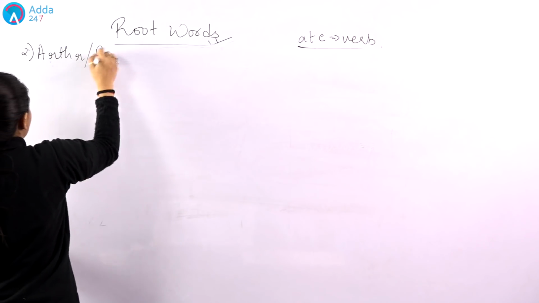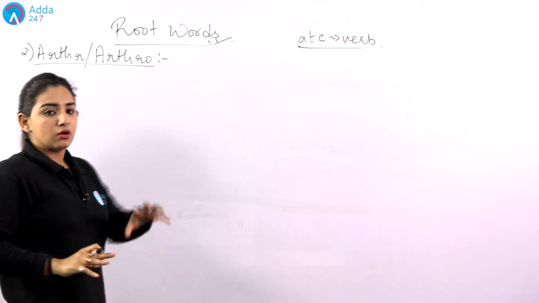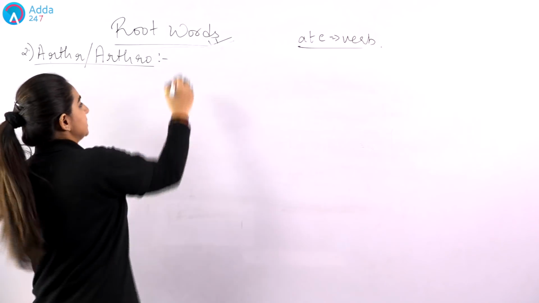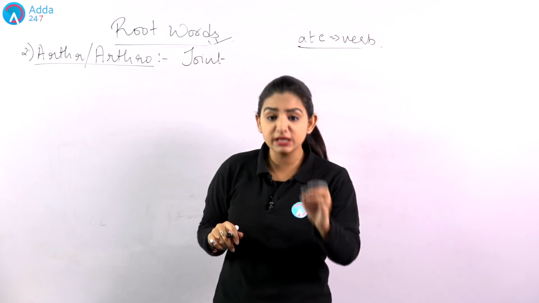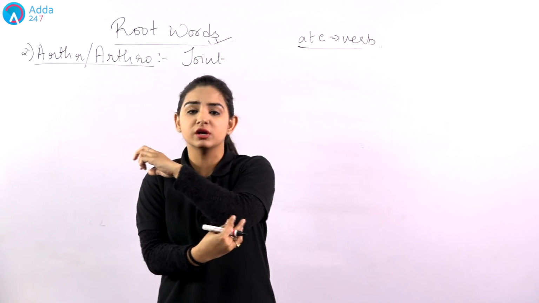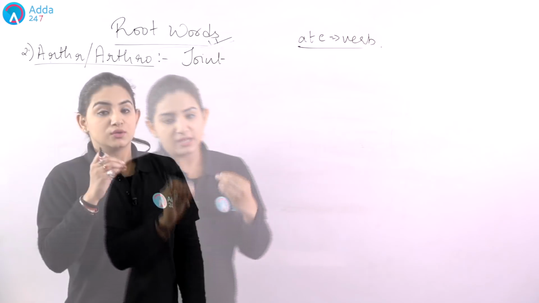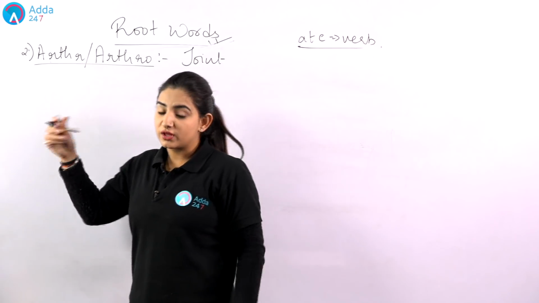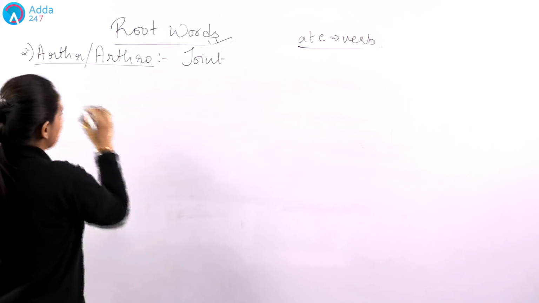A-R-T-H-R or A-R-T-H-R-O. When I talk about arth or arthro, that means it is related to joint, especially the joints in your body. For example, this elbow joint, the knee joint, the joints related to your body. So arth or arthro gives us the meaning of joint, and especially the joints related to our body parts. For example, we have